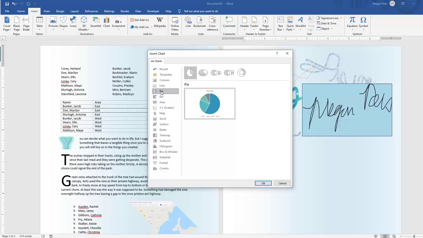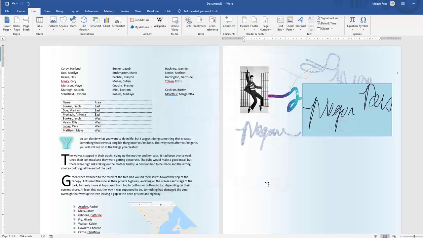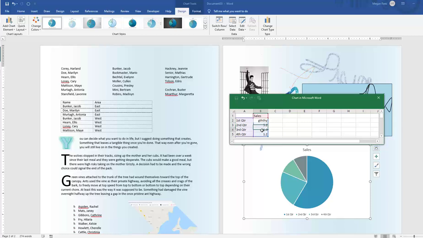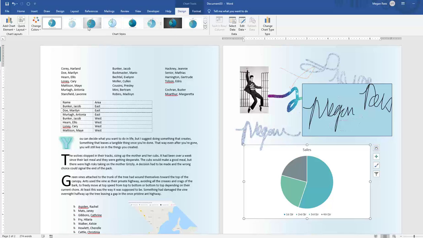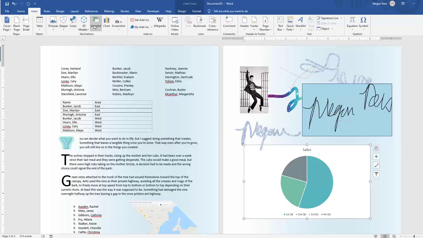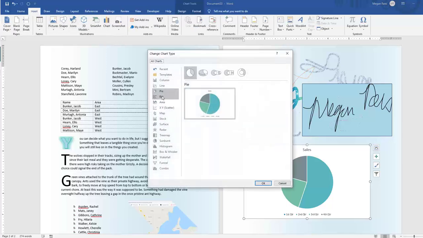I think at first I ask you to do a pie chart, you click OK, and it actually comes up and lets you type stuff in, right? Now, what if I want more than one? Okay, with the pie chart, you can only do one set of information. You can't do a second set because that's how pie charts work. But if I did insert chart and I did a bar chart or a column chart or something, okay,